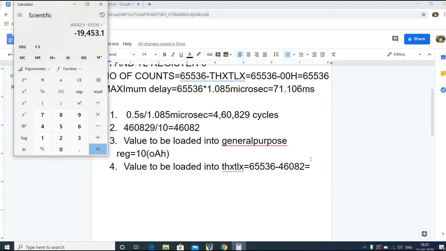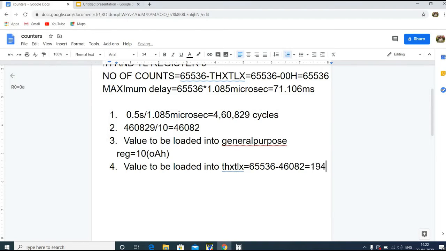If we subtract 46,082 from 65,536, we get 19,454.